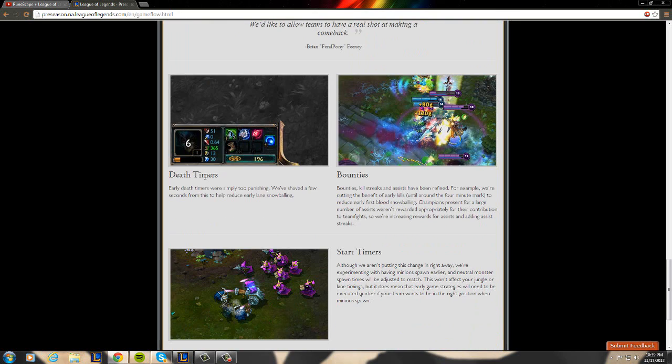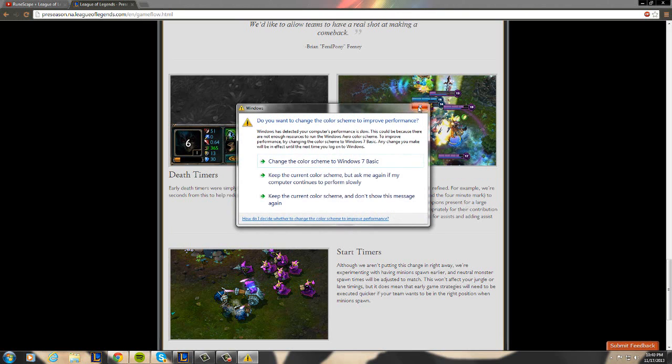Death timers, they're reducing. That way you could get back into lane, which kind of makes sense, but then kind of doesn't, because if you die early, come back into lane and die again, then that's counterproductive. But yeah, it's just making it so if you go 0-1,